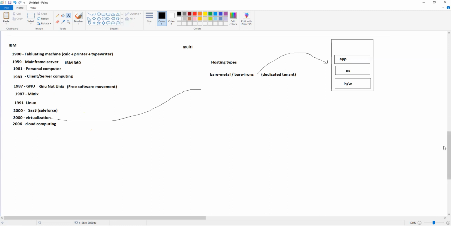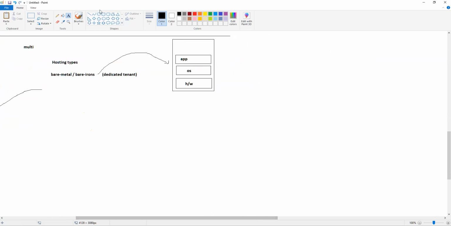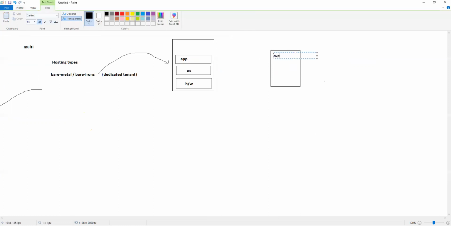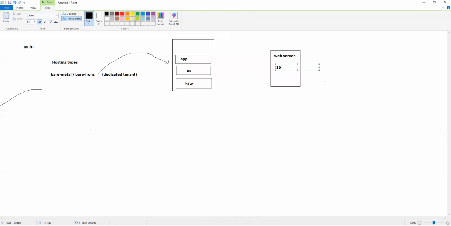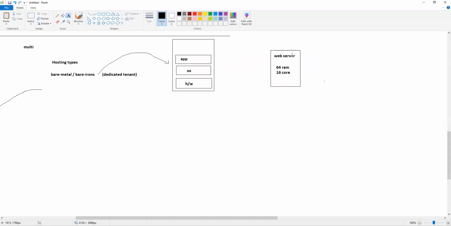The problem was that the configurations of these servers are like this. You can have one server, and that's the type of the server. Let's say this is my web server, and I'll keep it at 64 GB and 16 core. This is my one server, a web server.